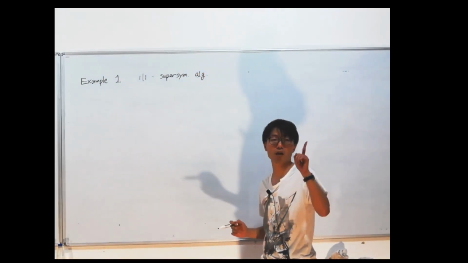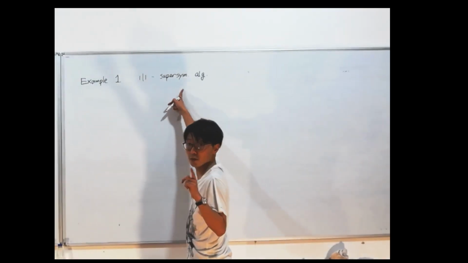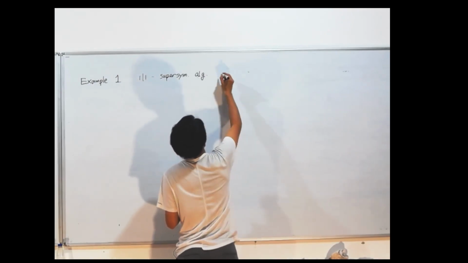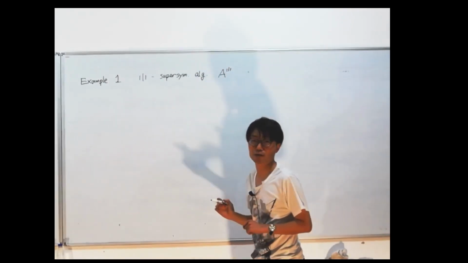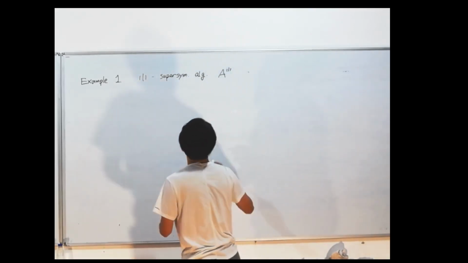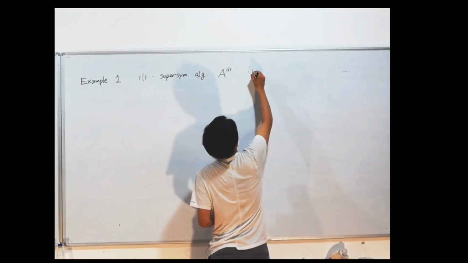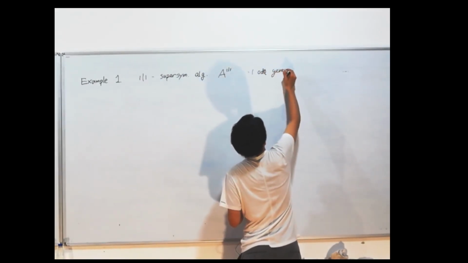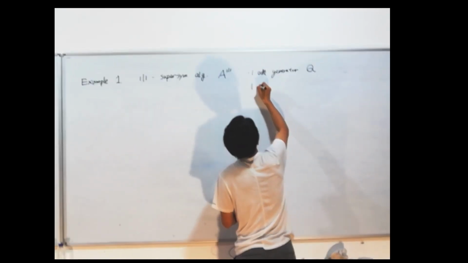Meaning that you have one even element here and one odd element here. Should I give a name? A of 1/1 maybe? I don't know if this is a good notation, but I just invented it right now. So this has one odd generator, Q,